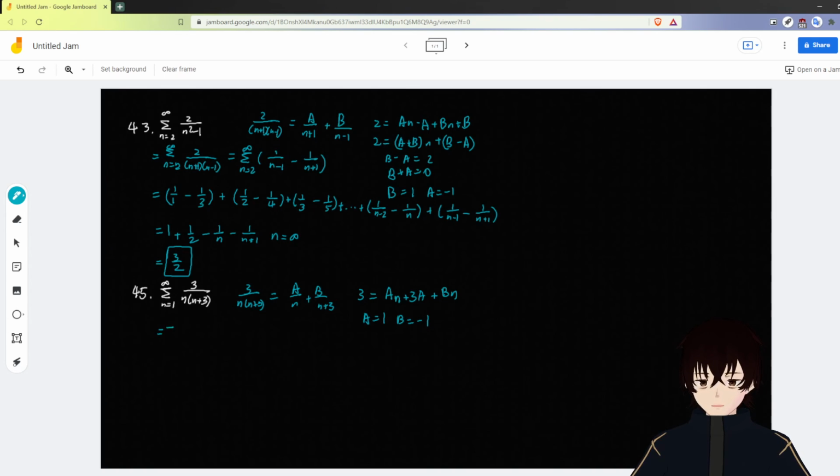So this is equal to the sum of 1 over n minus 1 over n plus 3, which can be expressed as